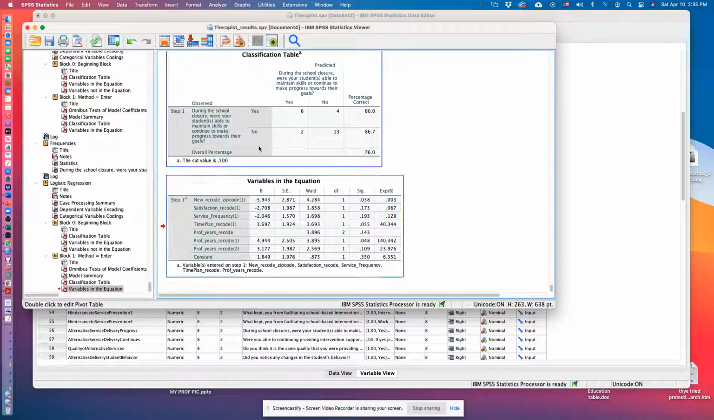But this is something that you can do. You can generate a logistic regression. You can choose any one of the other dichotomous variables and then run them with this to determine if there's a significant